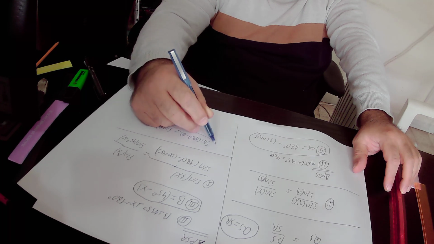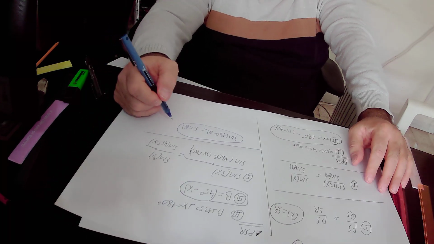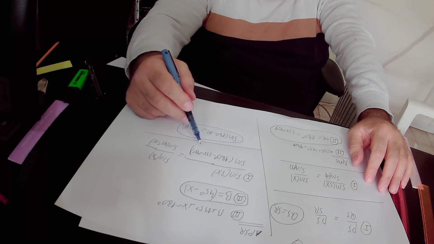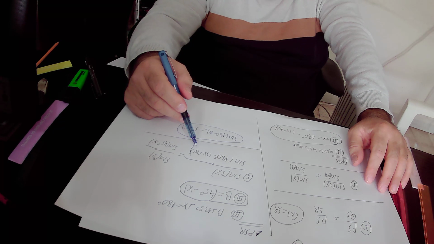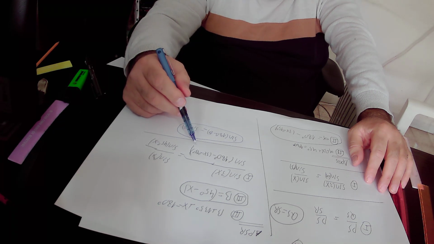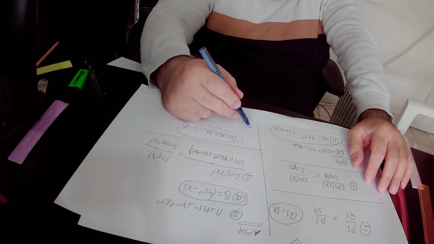So according to this trigonometric identity, we can substitute sine 180 degrees minus 3x plus 45 degrees by sine 3x plus 45 degrees. So we will do it now, and we will get that,